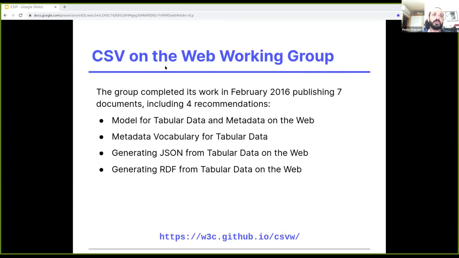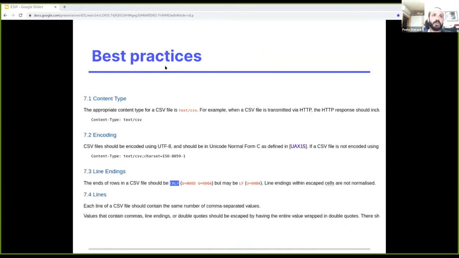Okay, sorry. I want to talk about best practice very shortly, because we know that tabular data files are heterogeneous, and the discussion here is still open. There are no mandatory standards.